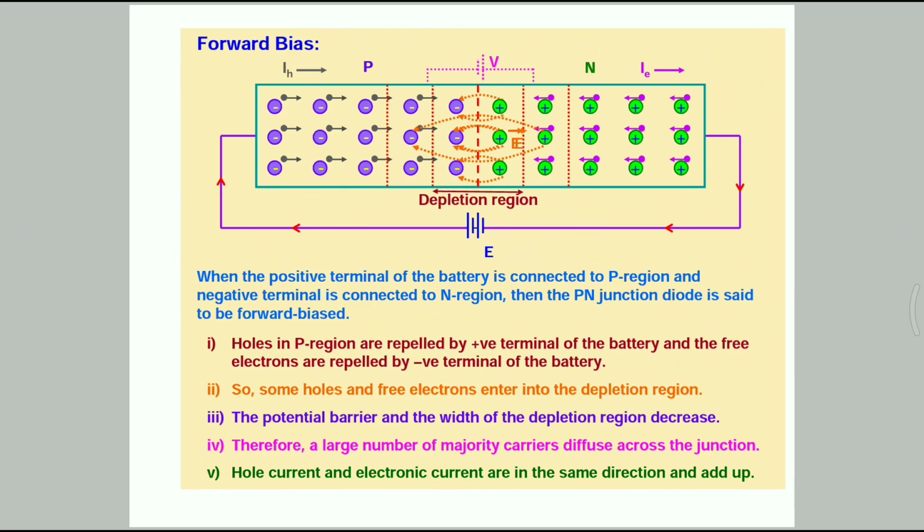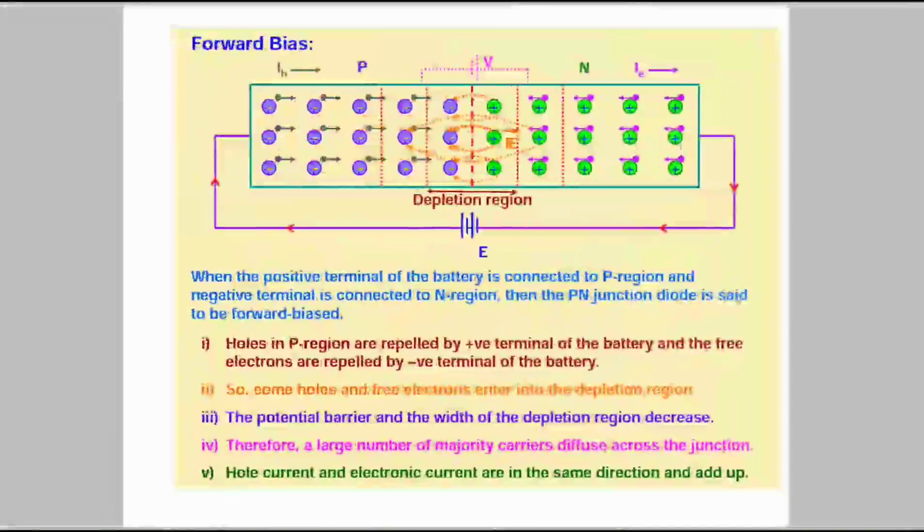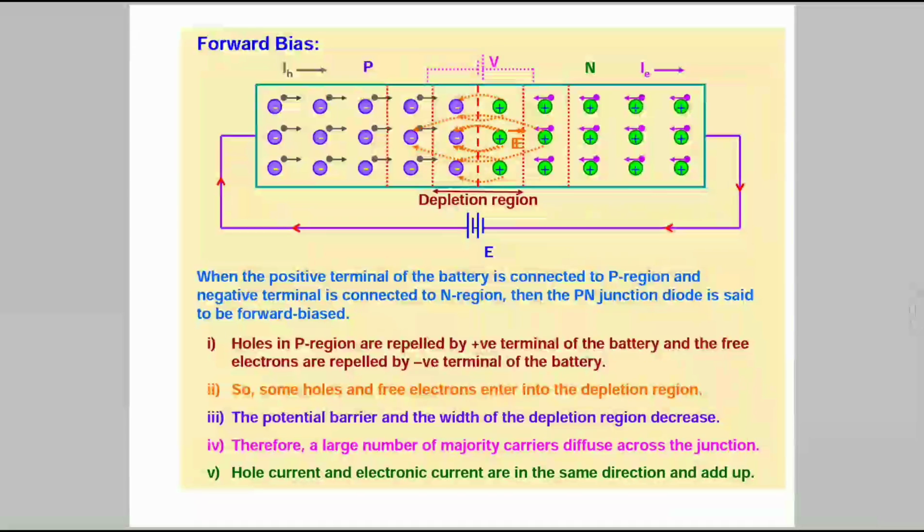Okay, my dear children, forward bias means we already have one P type and N type joined together to form a PN junction diode. For the PN junction diode, we connect a battery, with the P type connected to the positive terminal and the N type connected to the negative terminal of the battery. This type of connection we call forward bias.